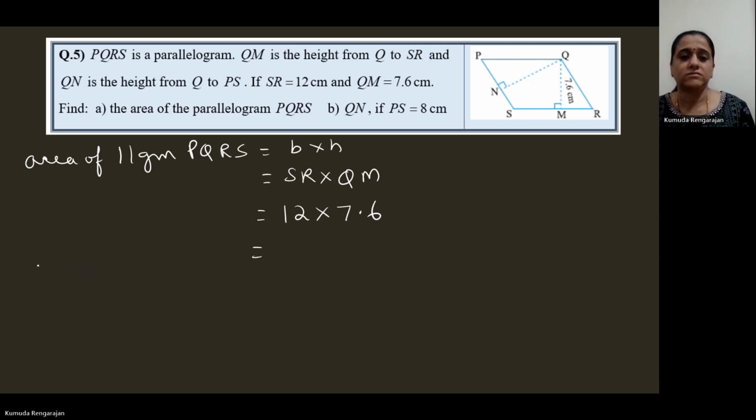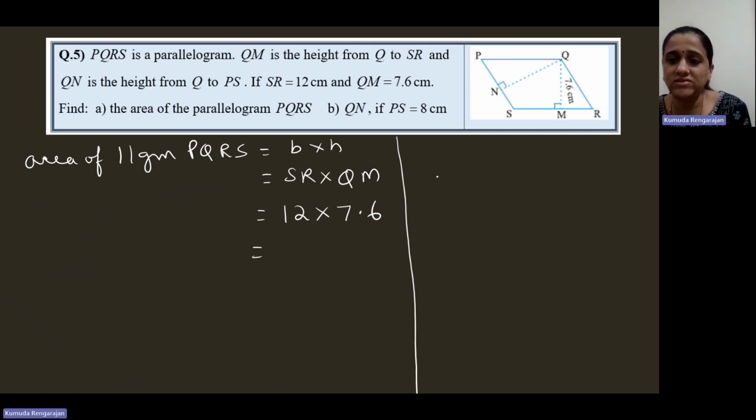Then you need to find QN if PS is equal to 8. What do you do here? You have the formula. So we need to find the area. 12 into 7.6, 91.2